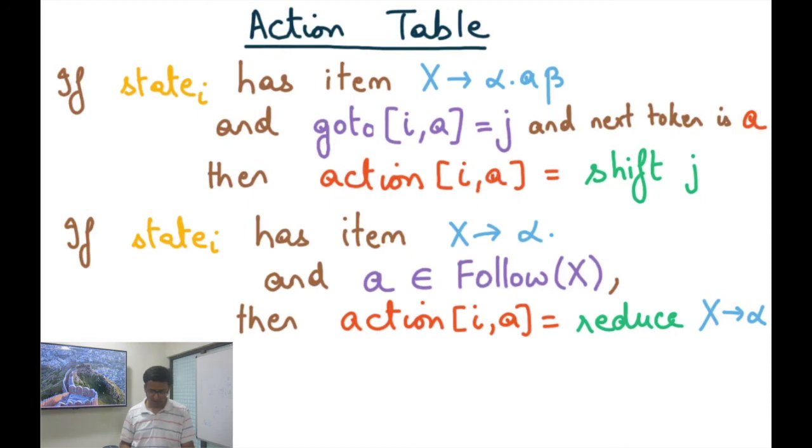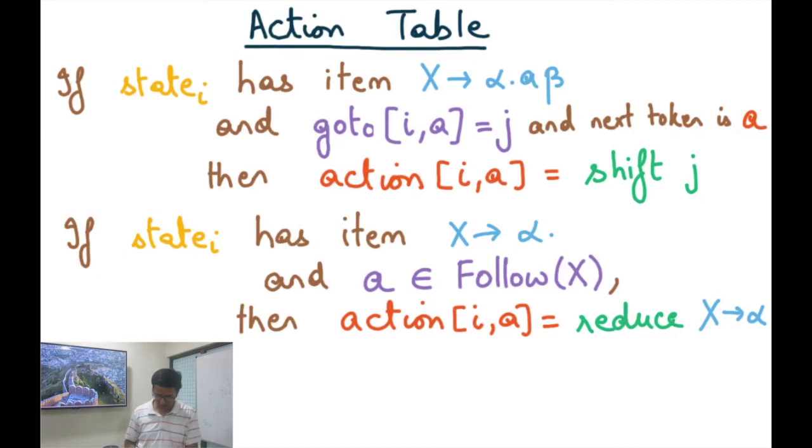So we initialize this array called action[I, A]. One dimension of the action array is all the states of the NFA. Another dimension is all the possible terminal symbols in my language, in my grammar, and then I populate this using these rules, saying whether I should shift or whether I should reduce. Notice that some of the action entries may be empty, which means they're neither shift nor reduce, which means that if I ever reach that particular situation, then it's an error.